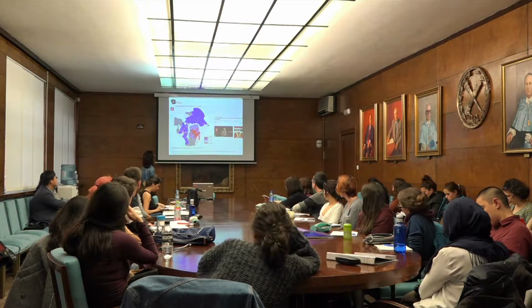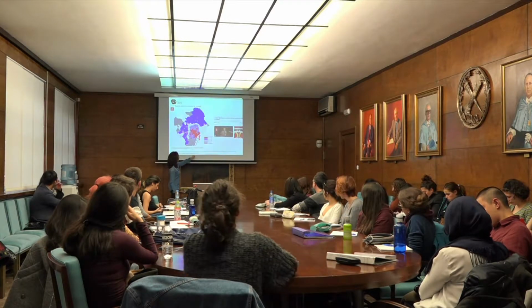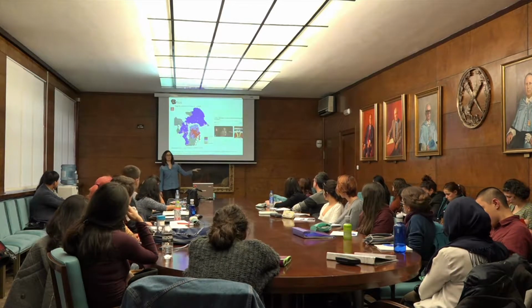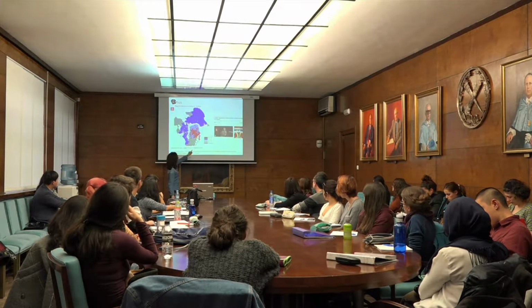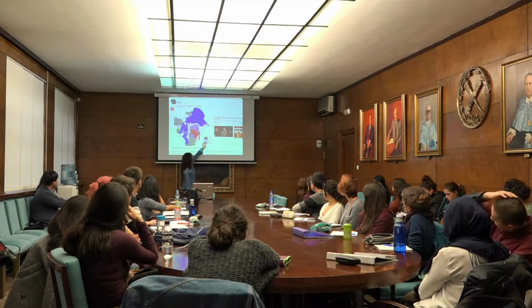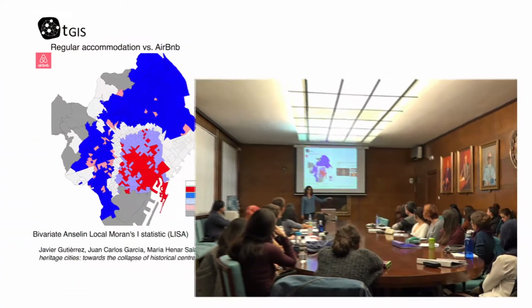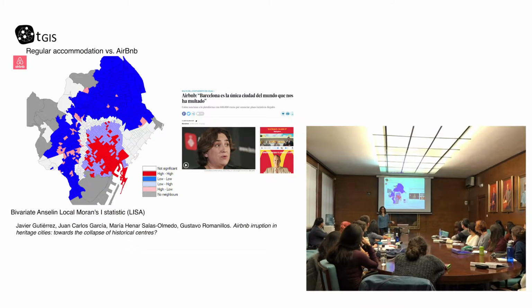They provided a statistical analysis, but what this means is that in the red spots we have a high concentration of regular accommodations, but also a high concentration of Airbnb. The most interesting thing is this light blue here. These are areas where regular accommodation is low, but Airbnb is getting high. So here are the residential areas where you cannot find hotels, but there are a lot of apartments